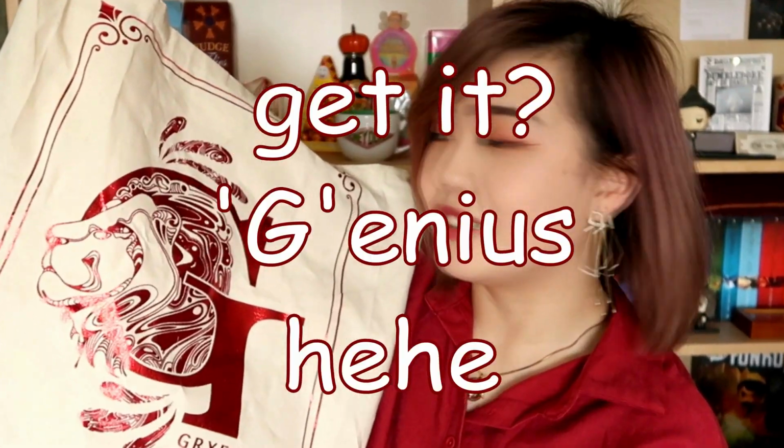and it was this Gryffindor metallic tote bag. So I actually missed this when I was shopping, and I don't know how because it looks so cool. And there's like a lion coming out of the G, which I just think is a genius design. I think the metallic print gives it a little more oomph because it's just printed on a normal tote bag plain background, I guess. The straps are also quite long, which I really like, and I think this bag is